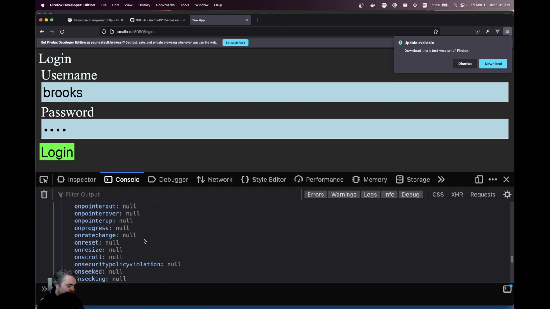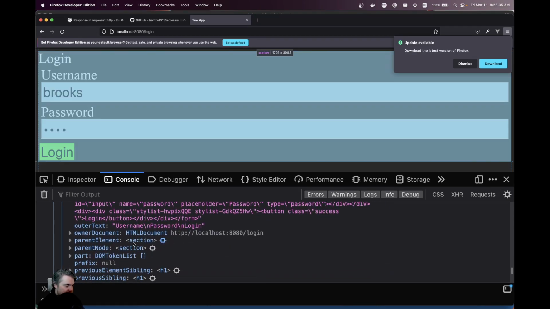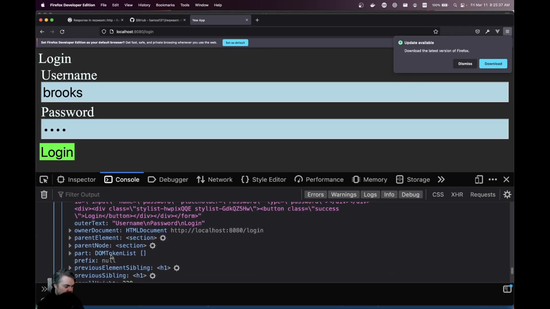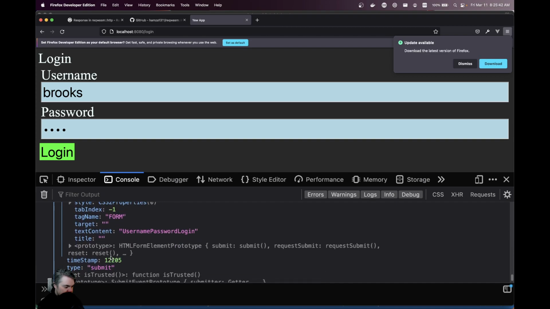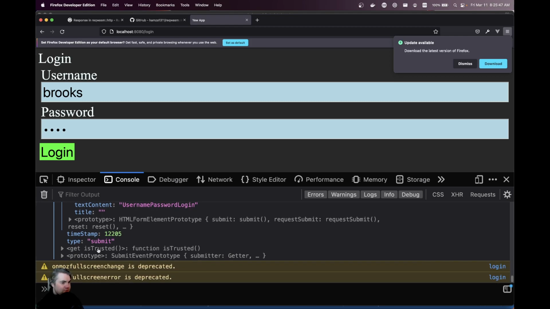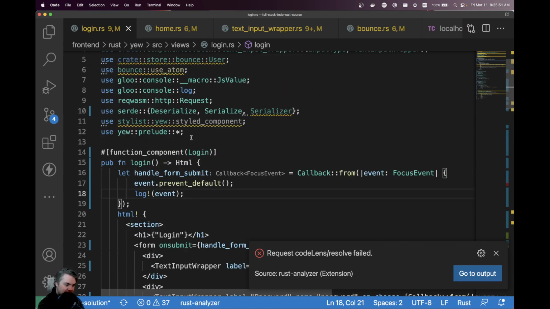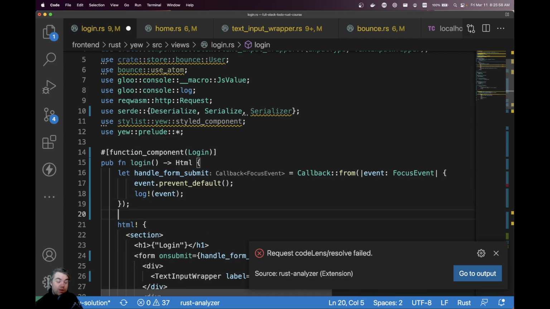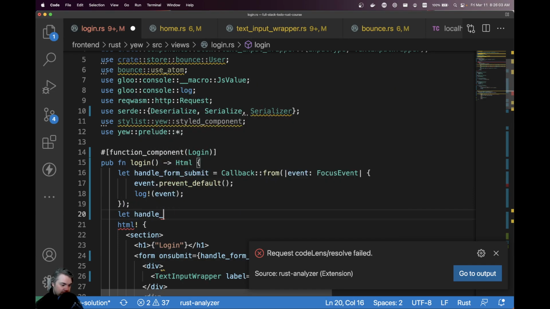Not seeing it. So I don't think the name is going to help us. Okay. I was really hoping that would just work and it would be super easy and nice and awesome. But it looks like what we're going to do is, for this handle form submit, we have to also have a let handle username